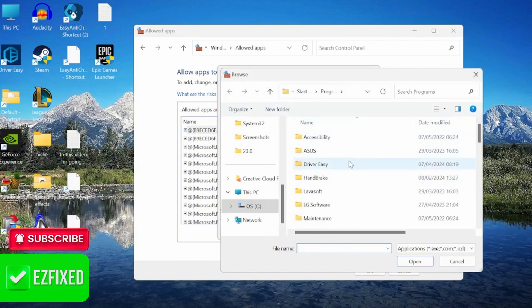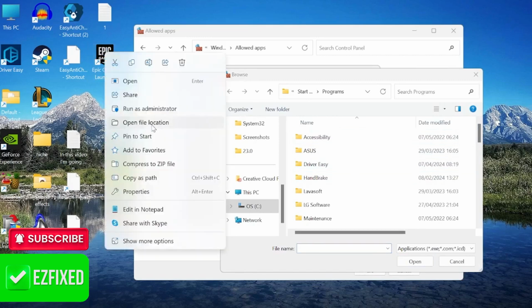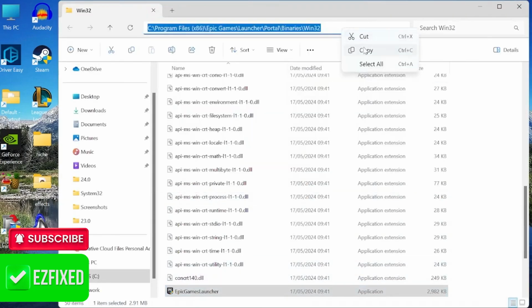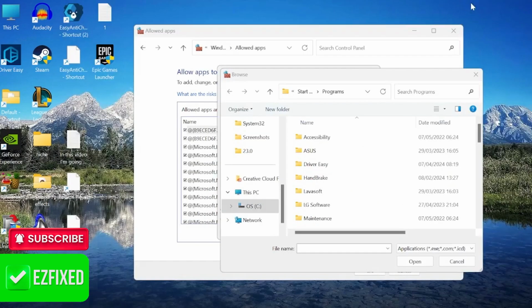If you're not sure where that's located, all we need to do is come to our desktop to find the Epic Games Launcher app and right click and select Open File Location. This will tell us where the Epic Games Launcher is saved. So we can just come up to the top of this folder and right click and select Copy, and then come back to our firewall settings, come inside the top here and paste everything that we just copied and then